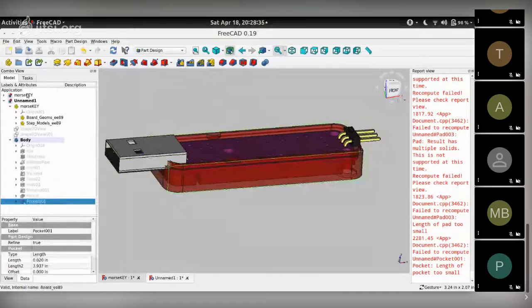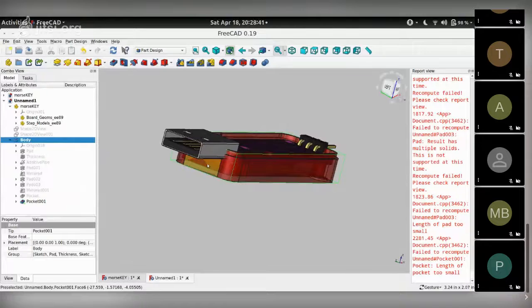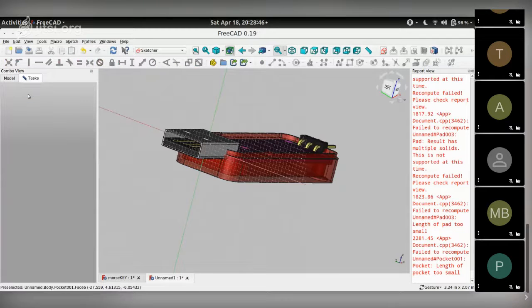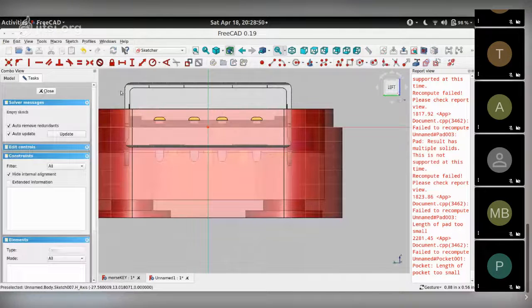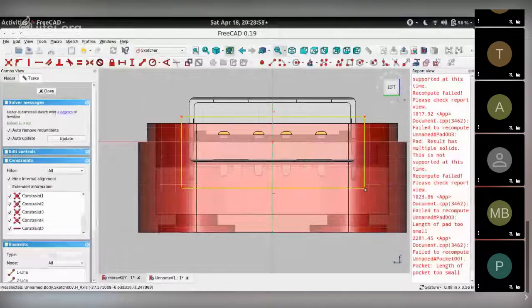So we choose this pocket, choose this face, go to task, click on create a sketch. So I can now see the USB connector, which makes it easy to draw a rectangle like so. For the cutout, this will become a pocket. The rectangle is evenly spread along the vertical y-axis. So I choose the two endpoints, vertical y-axis, and make it equal. Let me choose